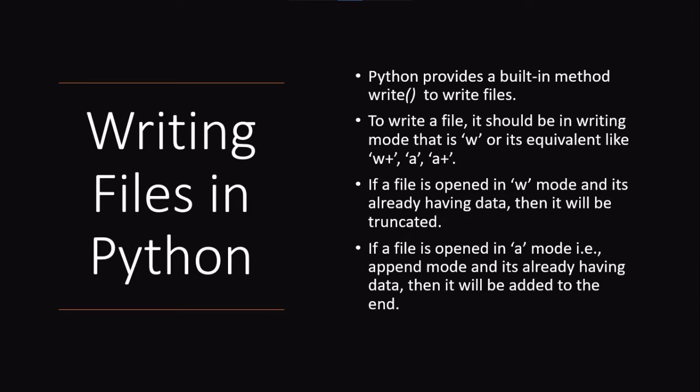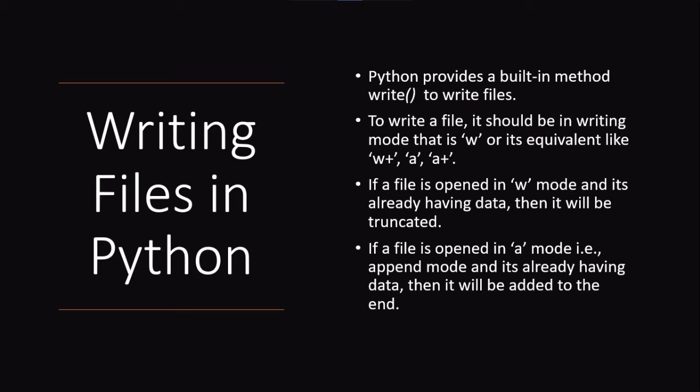Now let's understand how to write data to files in Python. For writing data to the files, Python provides a built-in method write. It takes only one argument, which should be of the string format. For writing a file, it should be open in writing mode, which is w, or its equivalent like w+,